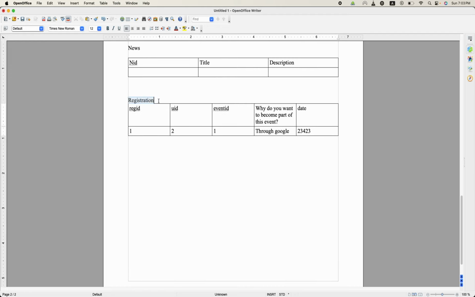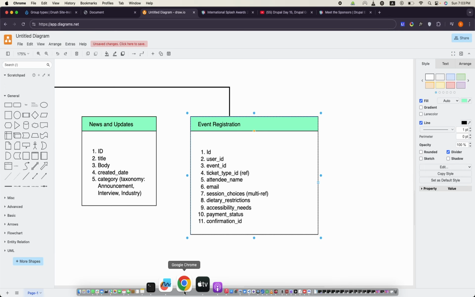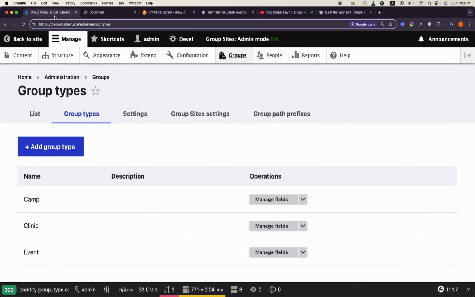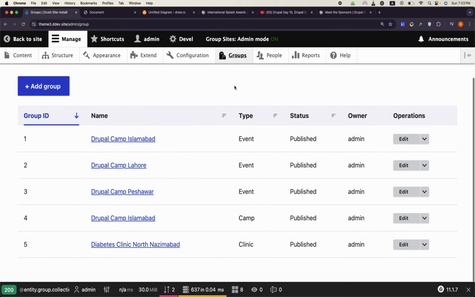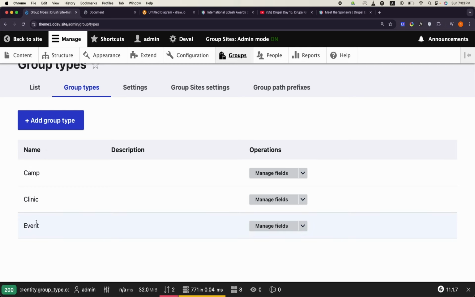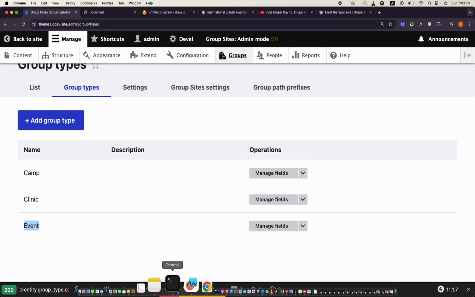I have registered for the event. But in Drupal's context, I will go back just 2 minutes from the previous lecture for something we should recap. So this is a normal groups website, and we have group types of event here. Okay, so what Drupal does is through the groups module,